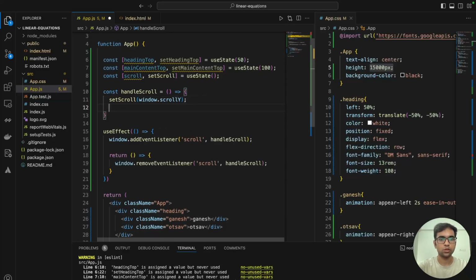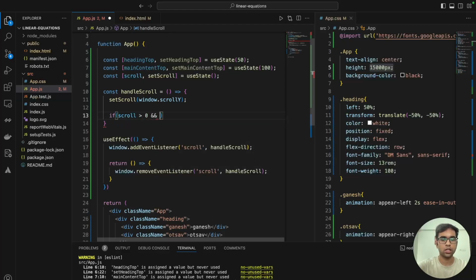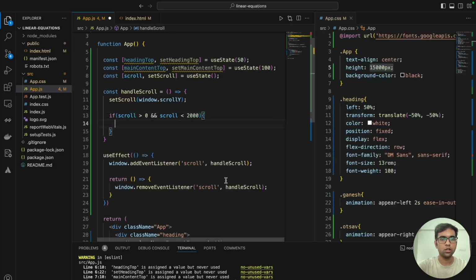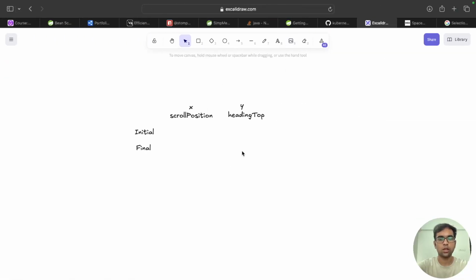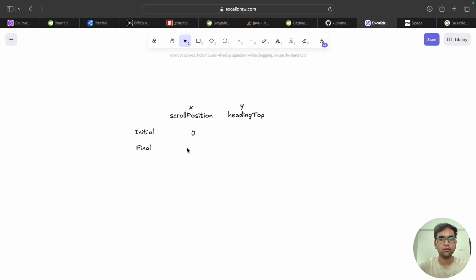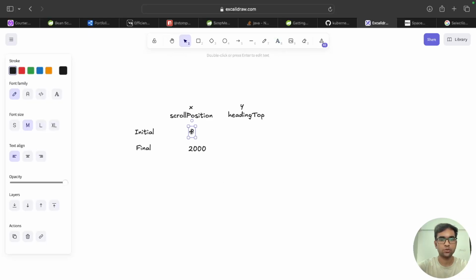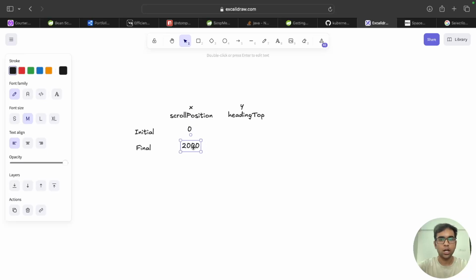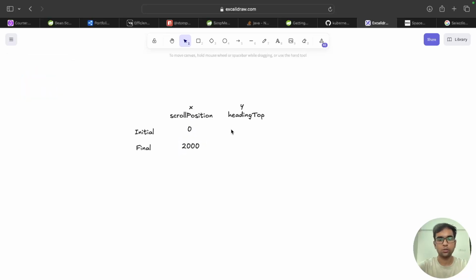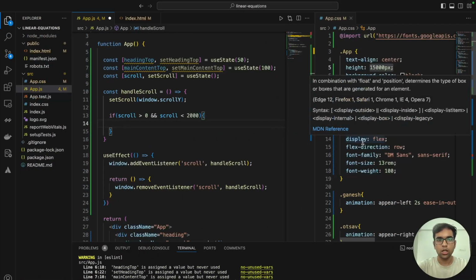So if scroll is greater than 0 and scroll is less than 2000, what are we going to do? Now at scroll positions we do have one initial and the other final. Final is 2000, initial is 0. And at scroll position 0, the heading top is going to be